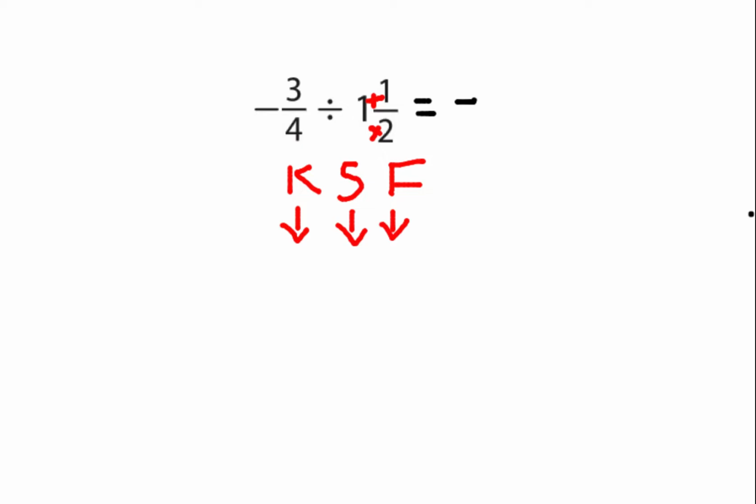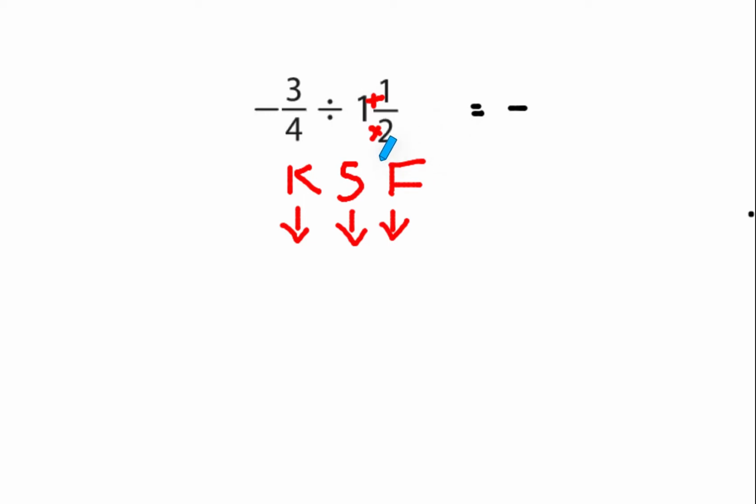-3/4 divided by 1 and 1/2. So first off, I'm going to be looking at the relationship. And in the relationship, I notice that this is a -3/4 and this is a positive. Doesn't want to go out, is married to somebody who wants to go out all the time. They might have arguments, so the relationship is going to be negative. They're different. I'm going to put the negative sign so I can forget about it and not worry that I